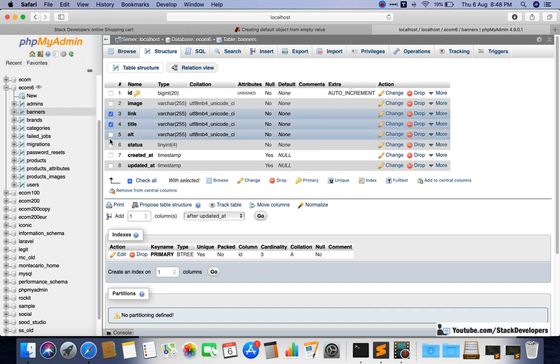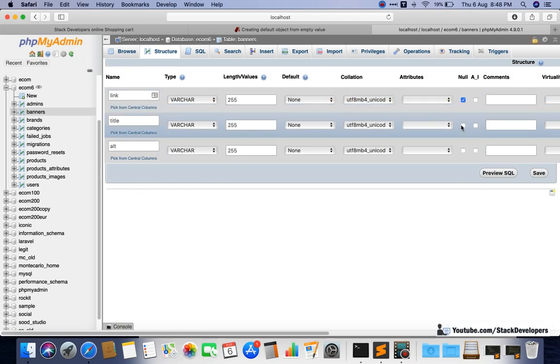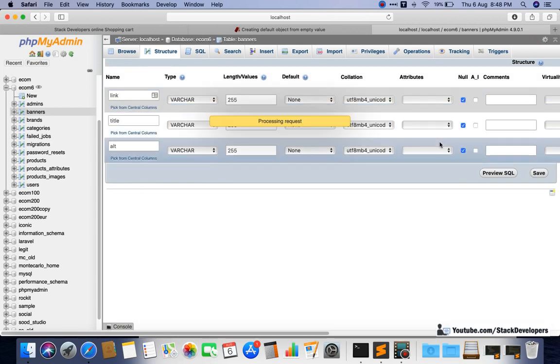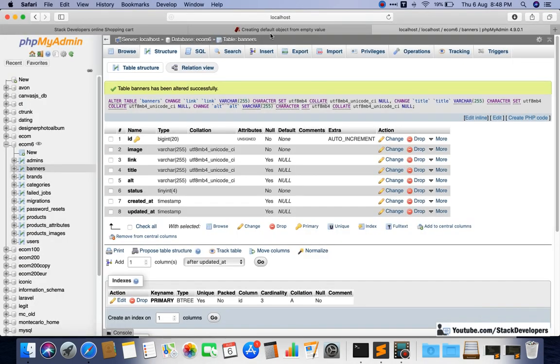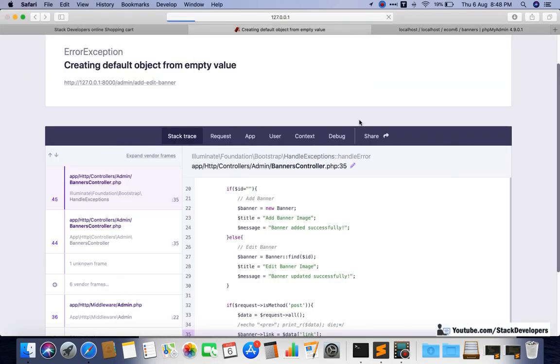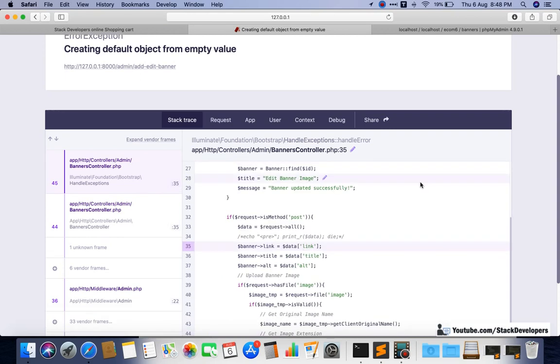Link, title, and alt are optional, so we can change to null so that it can accept null as well. Save, and we can now refresh once again, and still the issue is coming, so we need to check once again.